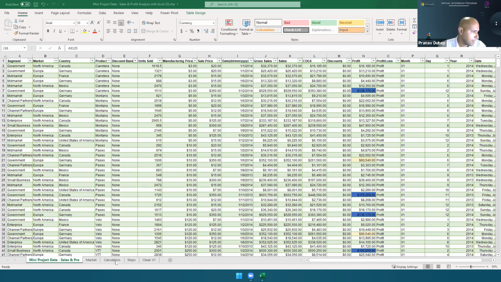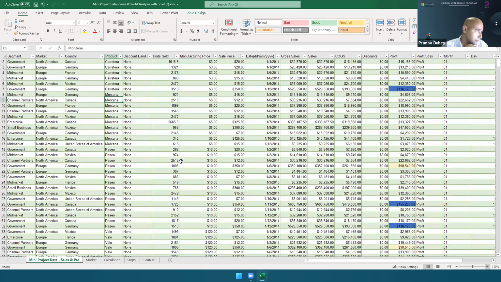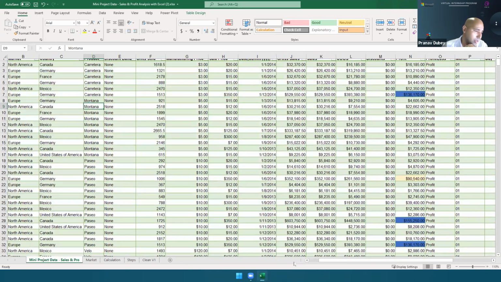So next we are going to look at sorting. Now, what is sorting data? Sorting on the basis of some increasing and decreasing order. Now look at the screen. Suppose we have segment, market, country, and you want to do some sorting here. Now everybody look here. I will do some sorting and then I will give you enough time to practice. So please pay attention when I am doing this.